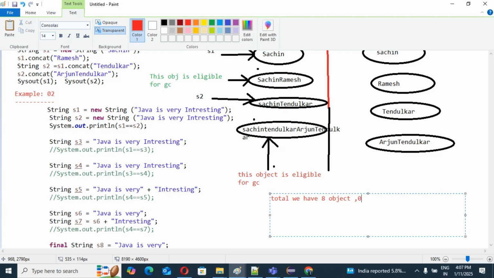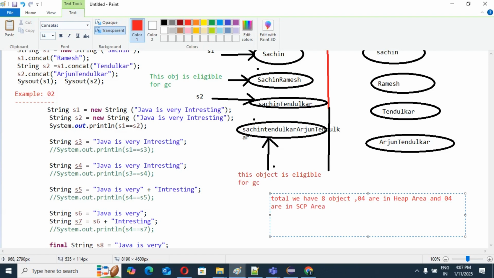4 are in the heap area. Yes or no? You can see very clearly, heap area. And 4 are in the SCP area. Guys, you can understand. So how am I going to explain? That thing also you need to understand. So total we have 8 objects, 4 in heap area and 4 in SCP area, right?